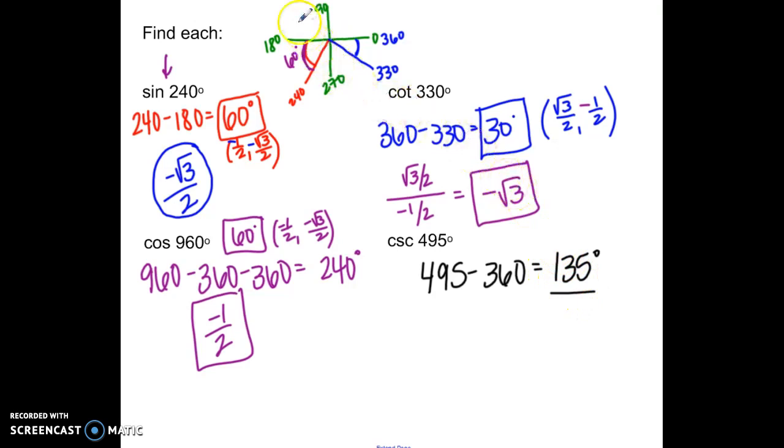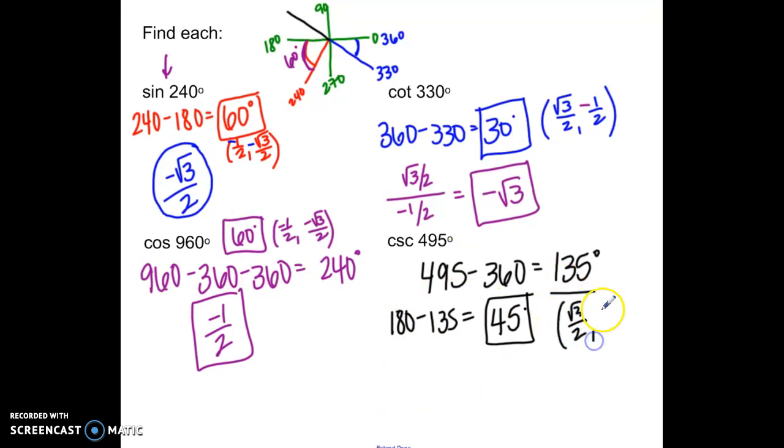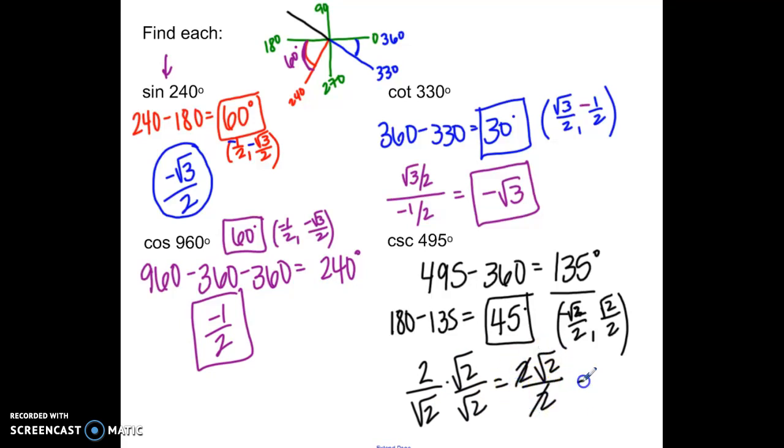Well, 135 degrees is in the second quadrant, so we can picture it over here. So how far away is that from 180? Well, I could do 180 minus 135, and we get 45 degrees. So like I said, we should know that that would be a reference angle, but just to show you the actual math behind it, we know that's root 2 over 2, root 2 over 2. Sorry, that kind of looks like a 3 there. But being in the second quadrant, that's a negative x and a positive y. The cosecant, though, is the reciprocal of y, so we would have 2 over root 2, which we would then rationalize and get 2 root 2 over 2. Those are going to cancel. Our final answer would